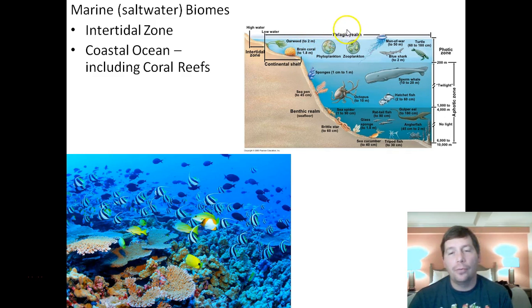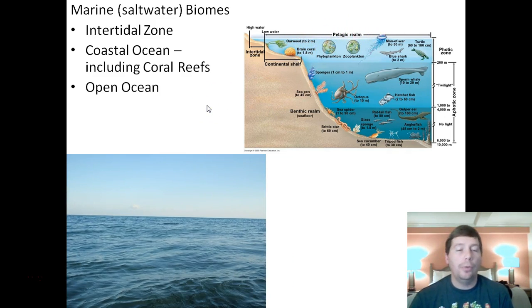As we move out further from shore, then we move into what we call the open ocean. Now, the open ocean is honestly pretty much a desert. Once you move away from the coast far enough that the ocean is deeper than 200 meters, you don't find a lot of living things, because out here in the open ocean, the water is too deep for photosynthesis to happen. Without photosynthesis, you don't have a producer. Without a producer, you don't have any food. There's nothing for anything to eat. So out in the open ocean, you don't find very many living things. 96% of all living things that live in the ocean live in the coastal ocean, where it's shallow enough